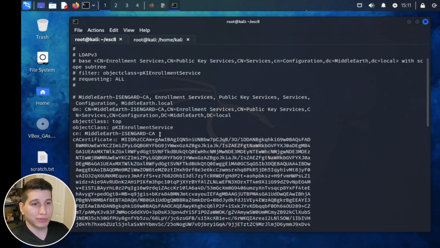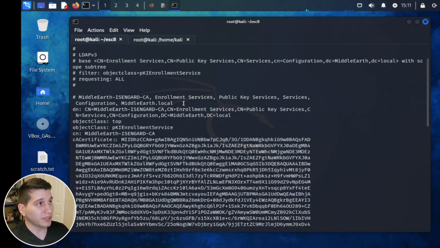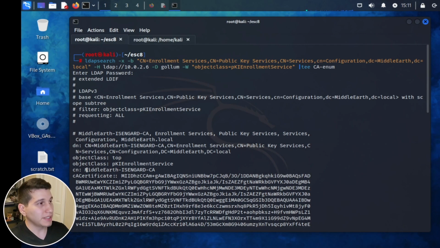You could kind of compare it to having a server and making it a domain controller. So say you have a server named server1 and you're going to create a domain called middleearth.local. Active Directory on that server is called middleearth.com, but the server hostname is called server1. So it's kind of similar in this way, where the actual hostname is going to be under DNS hostname, which in this case is isengard.middleearth.com, and the name of the certificate authority service is going to be